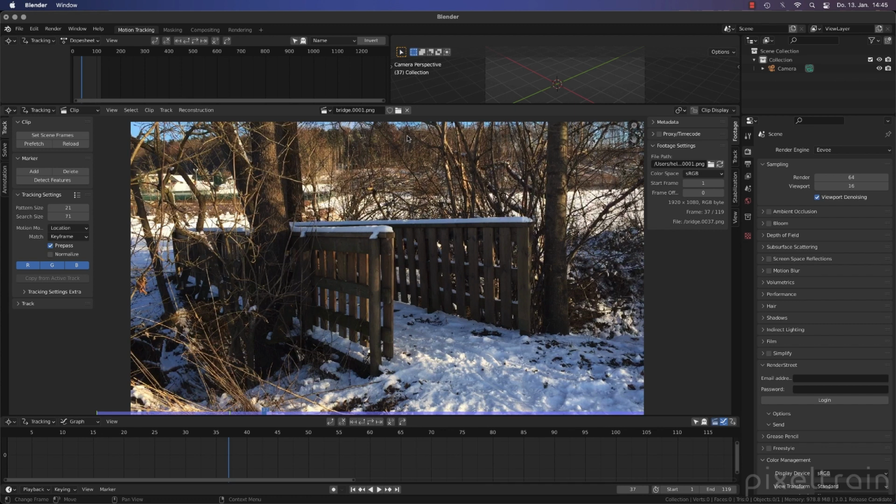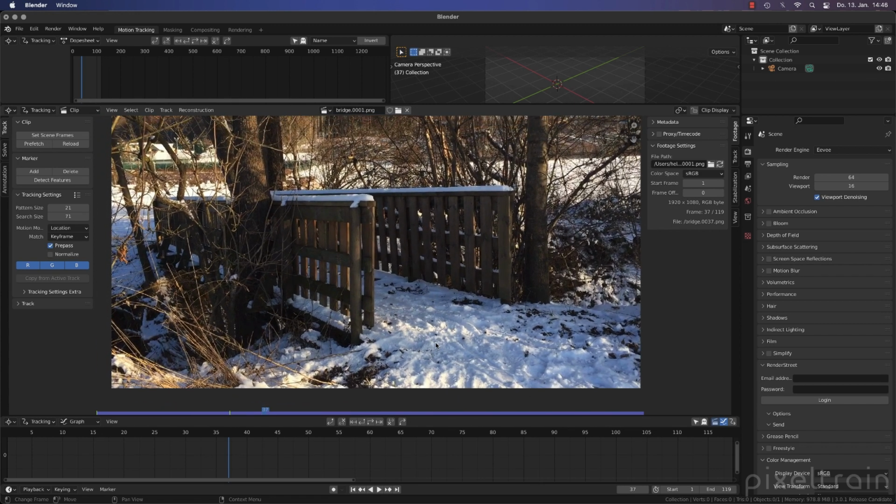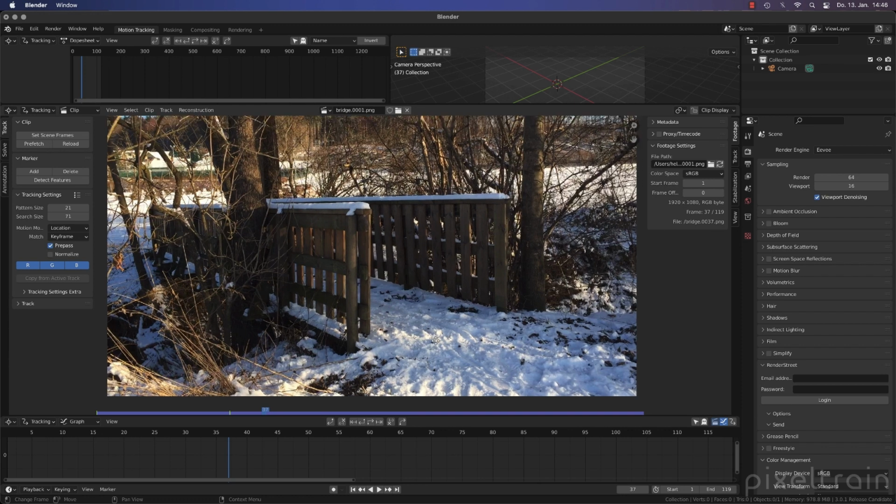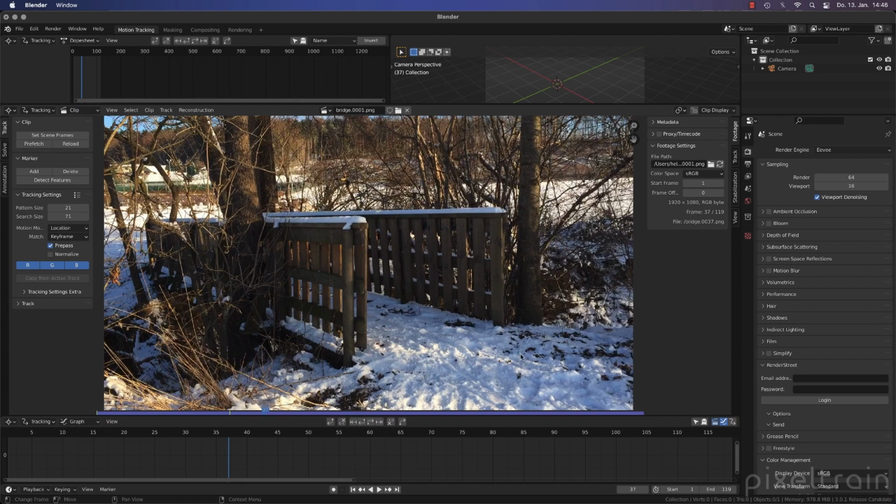Also, we don't want to track crossing lines from different objects. So we will take trackers here on the floor, but this would be only one plane, which is not enough. You remember I said we have to track in 3 axes always. So some trackers here on the floor, but then we need the Z-axis here, and this could be the tree. We have some features here on the tree, so this brings us into Z, also these two elements, and maybe this here is good for the Z-axis.